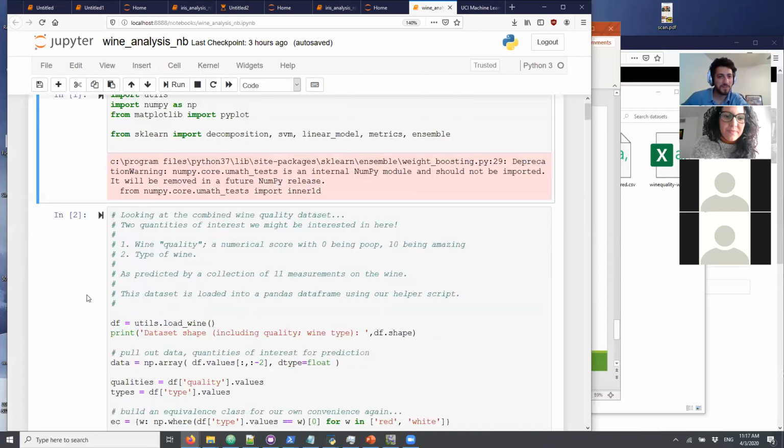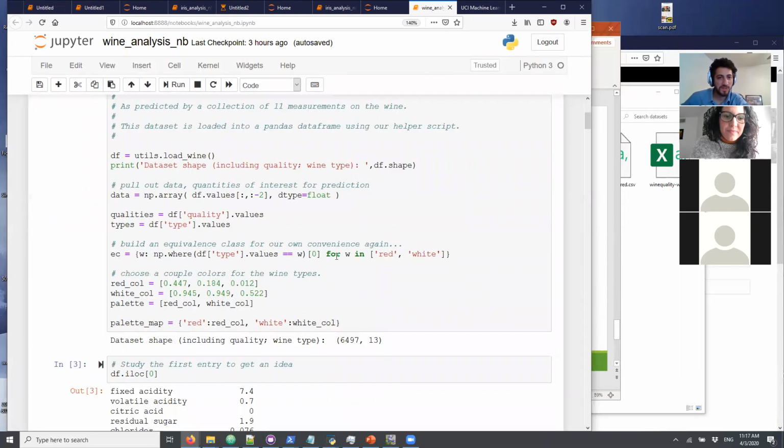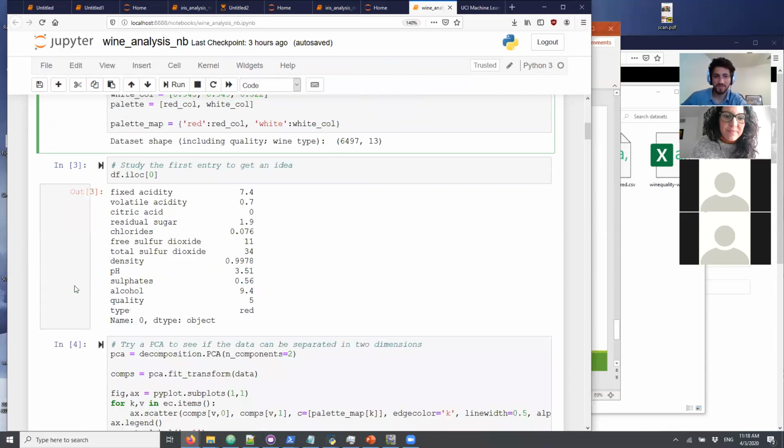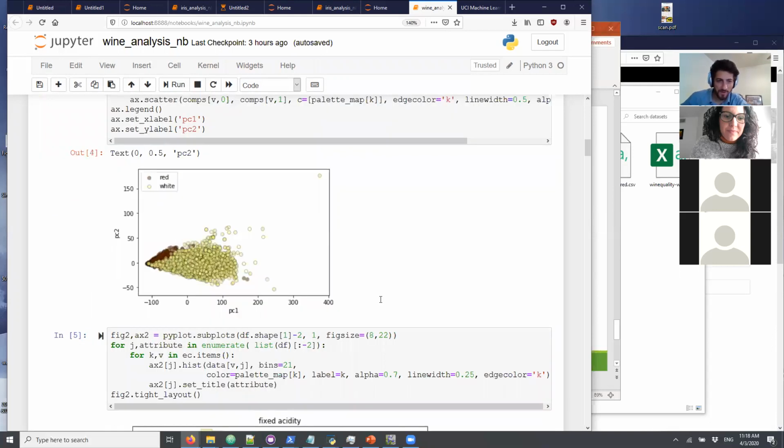Okay, a lot of comments to myself. Equivalence class. I, in fact, made up a couple of colors to use throughout rather than the default colors. I just chose a red wine color and a white wine color for the fun of it. Extra little doodads you don't need to bother with while you're still learning. But anyway,